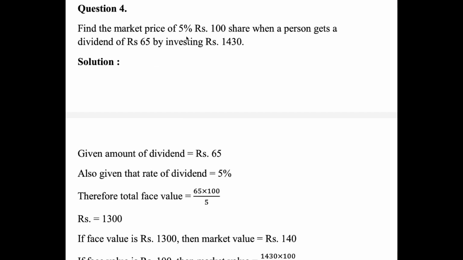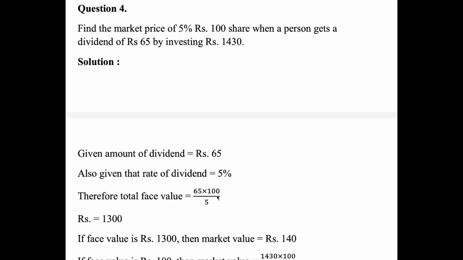Find the market price of 5% rupees 100 shares when a person gets a dividend of rupees 65 by investing rupees 1430. So here the dividend value is rupees 65. Find the market price of 5% rupees 100 shares. So here the rate of dividend is 5%. So total face value is 65 divided by 5 into 100,